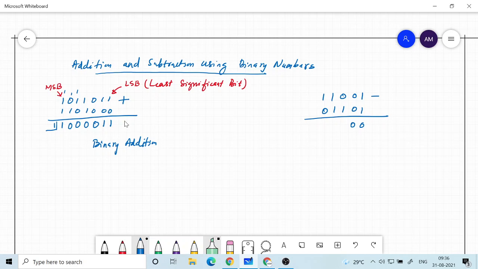If you want to borrow from the previous place, keep in mind that these positions are not ones, tens, hundreds or anything like that. They are basically ones, twos, fours, eights and 16s. So that is what we should keep in mind. Therefore, when you borrow from the previous place, we are taking from the higher position, which is multiplied by a factor of 2, not by a factor of 10.